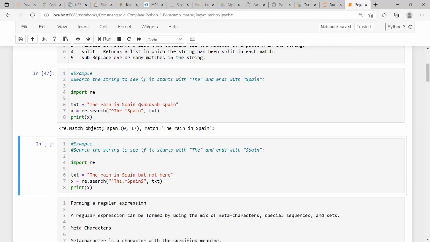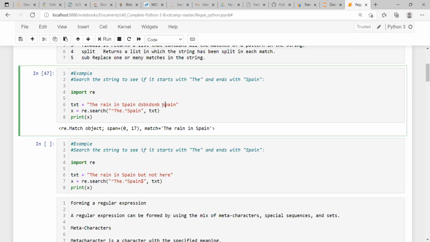Okay, so see, I have just changed this capital letter with a small letter, and if we use the same code, it is searching for the end of this capital S. Wherever this capital S pen is present, that is what it searches for, and it gives the match position, the rain is pen.